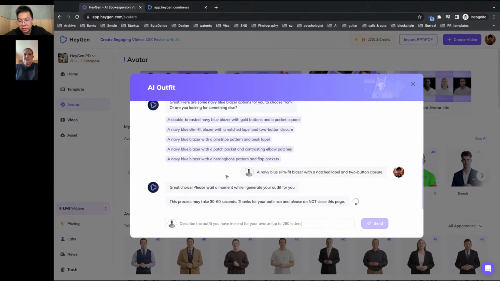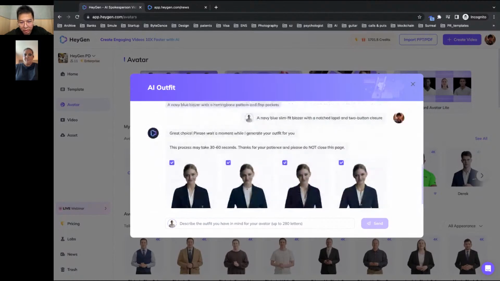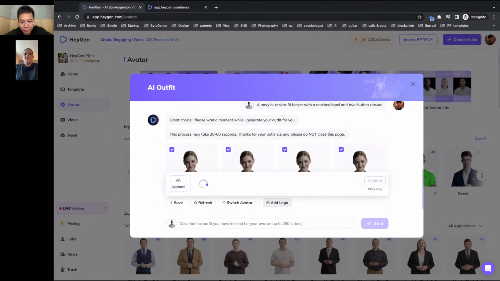Yeah, I might also have saved another one previously. Okay, here we go. See, I asked our AI to generate a navy blue blazer for Monica. They look pretty good. And what I can do is add the logo here. So if you click on that, it'll open up your assets, including the latest edition of brand kit. So if you've got a brand kit, you can come here to select a